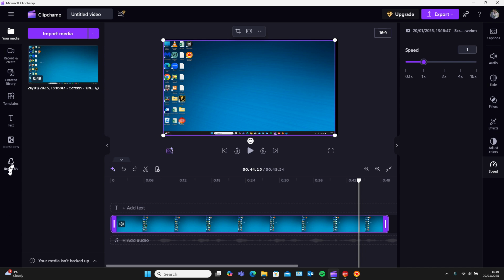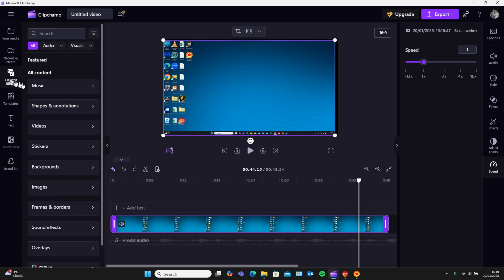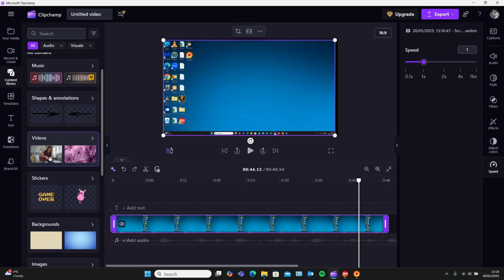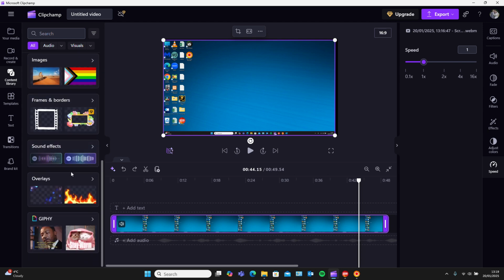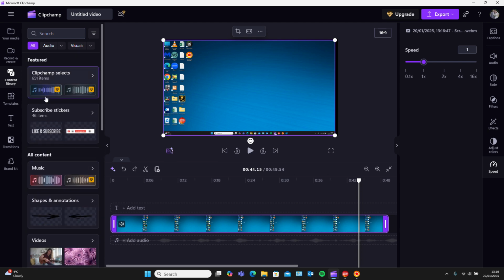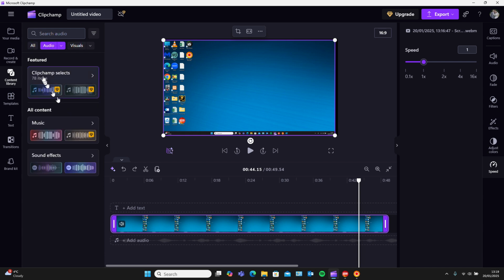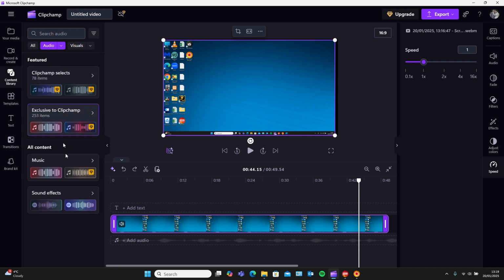And on this side you've got other functions as well. So you could click on content library and it will give you all kinds of stuff like images to add to your videos and things like that. So you can click on visuals. You can also click on audio, and this is all the audio that you can have